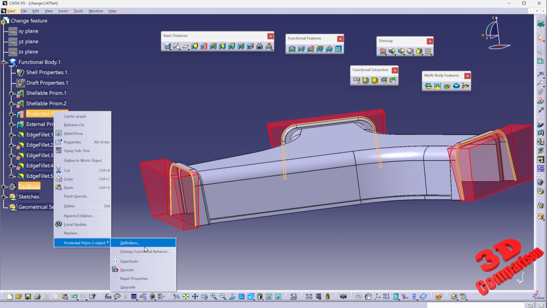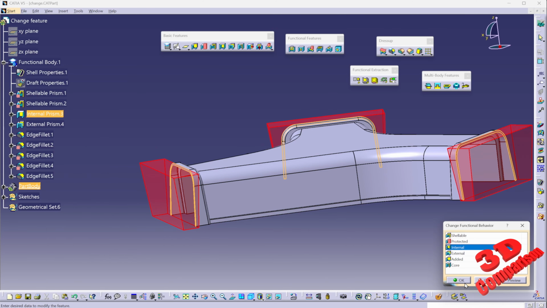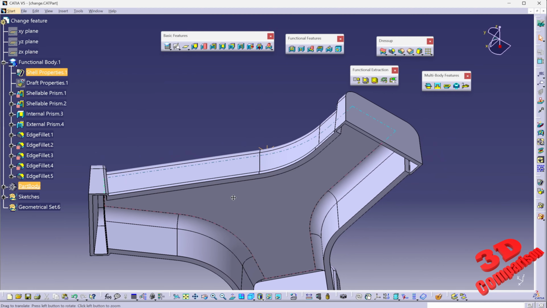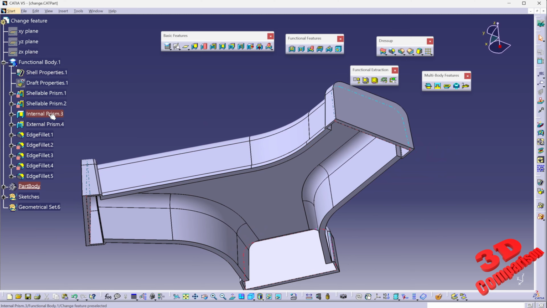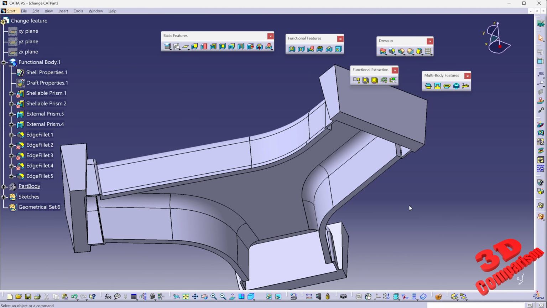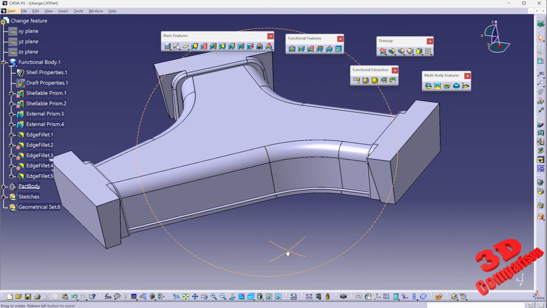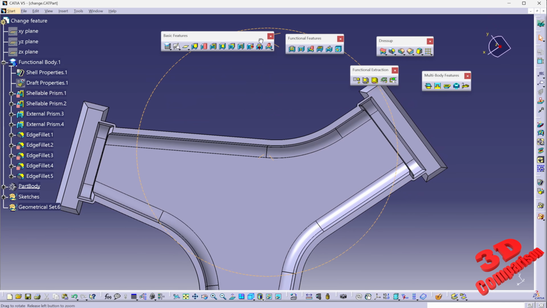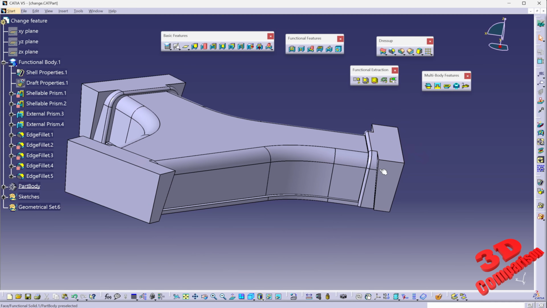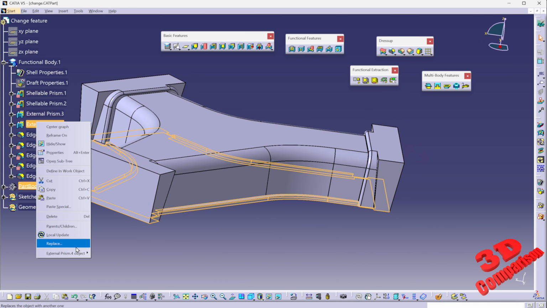I can also change this, for example, to be internal. And in this case, the output will be as following. If I'm going to go in this case with external, it will look as following. So since this was not intended like this will be the output, and this will just add material onto the